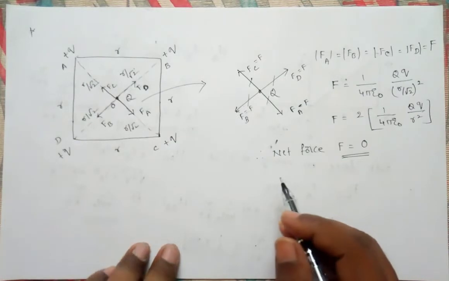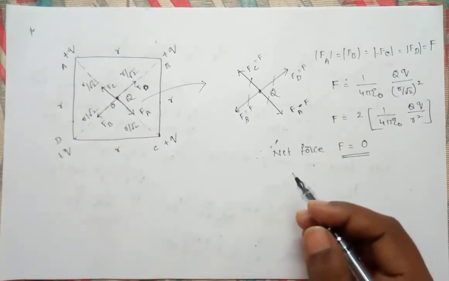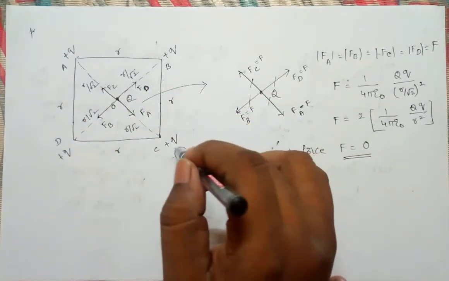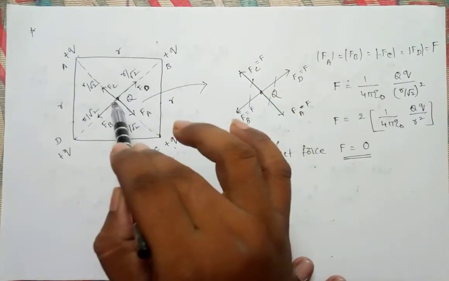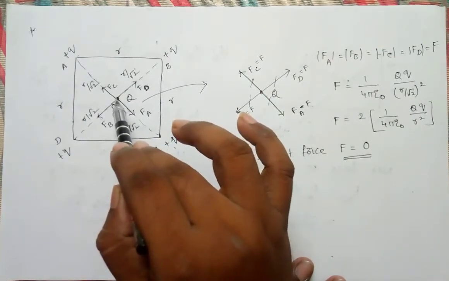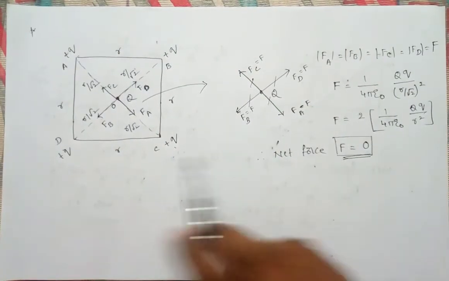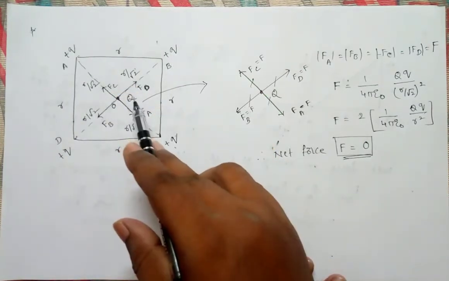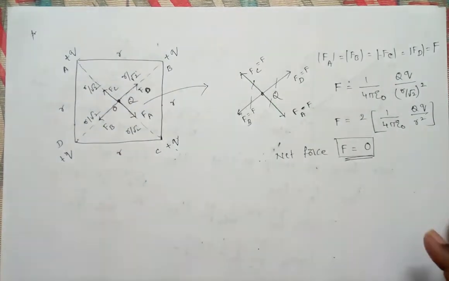So you observe, whenever you are solving numericals, you should keep in mind that if all the charges located at the corners are the same, then whatever charge you locate at the center of the square, the force experienced by it is 0. You can go for the answer. It will be 0 provided the corner charges are equal. And this is the point you have to understand.